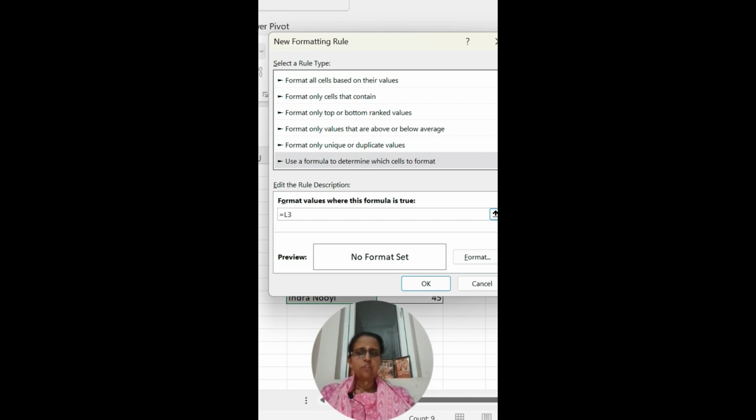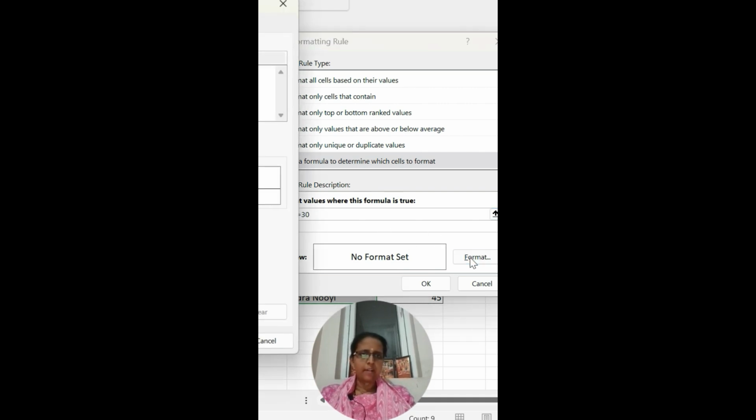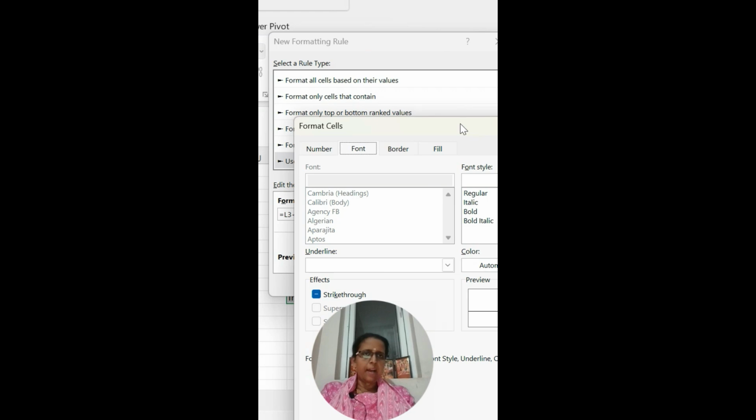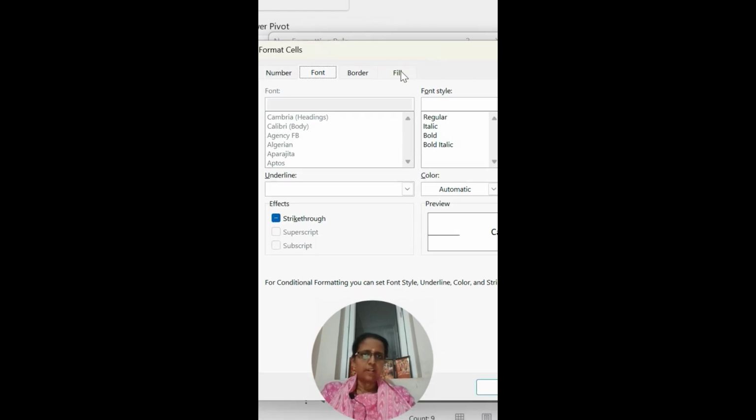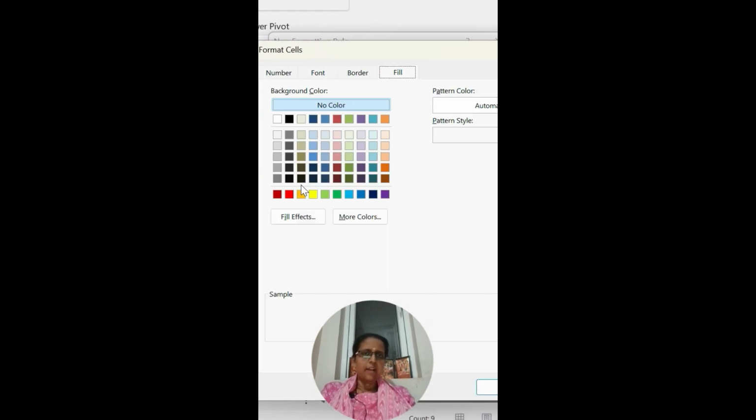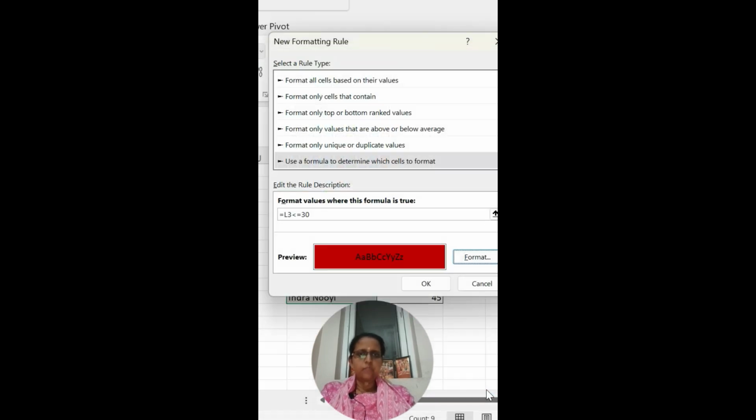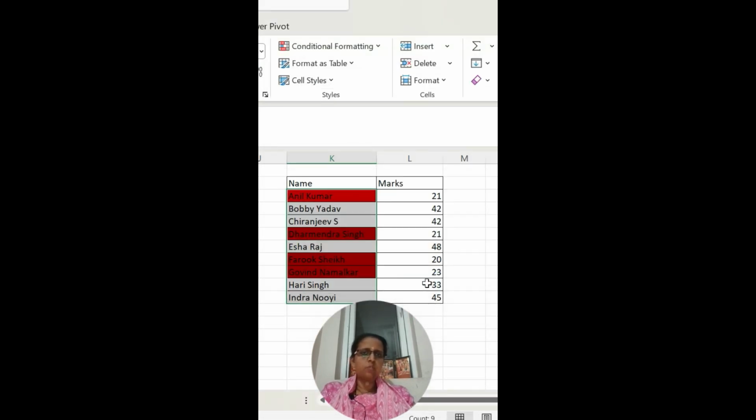First I want to apply the rule on fail students and color them in red. So L3 has to be less than or equal to 30. After that, I click on Format, since I want to apply this on fail students. I click Fill and apply red color. Then I press OK. Now you can see Anil Kumar, Dharmendra Singh, Farooq Sheikh, Govind Namalkar, they are fail